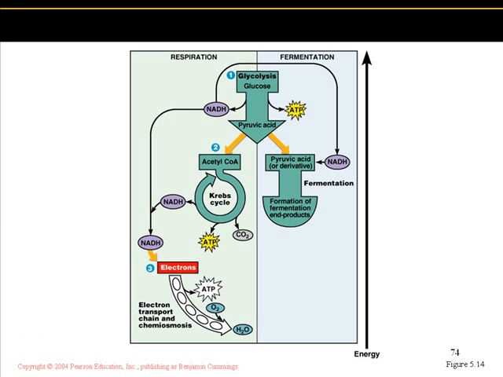This is the illustration that you looked at previously on another slide, but our focus this time will be on the right, where we're looking at the process of fermentation. Again, glycolysis takes place, breakdown of the 6-carbon sugar glucose into 2 3-carbon molecules, pyruvic acid. Then pyruvic acid, or a derivative thereof, goes through the process of fermentation, where you'll get the formation of